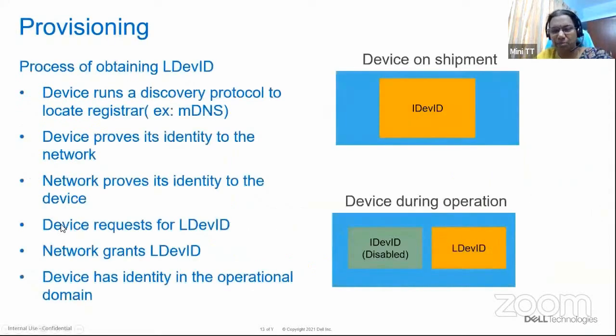Let us look at some more scenarios. Say, let us look at provisioning as a scenario. Provisioning is a process where you are obtaining an LDevID. That means the device is coming from a factory